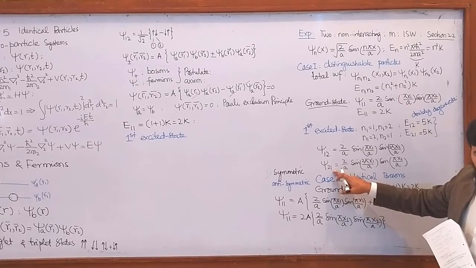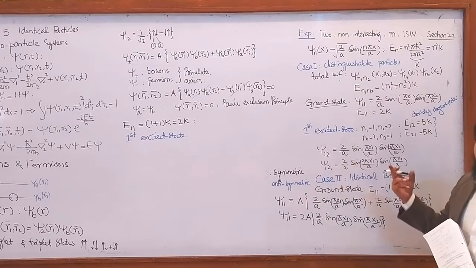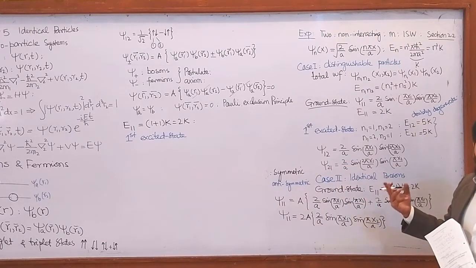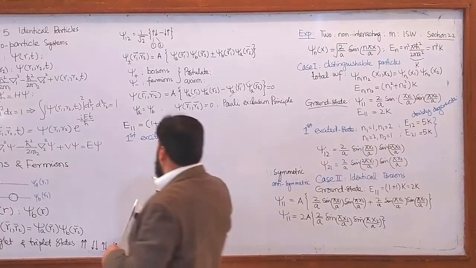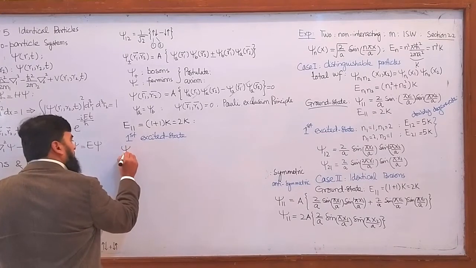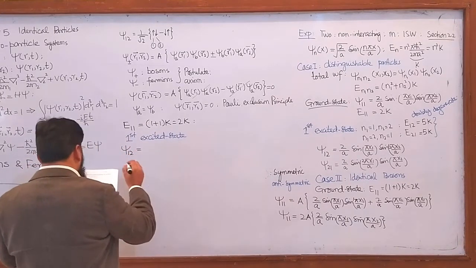But what about the identical particles? Psi 1, 2 and psi 2, 1 are the same. So there is only one state because the particles are identical. So I will have that psi 1, 2 is equal to A times